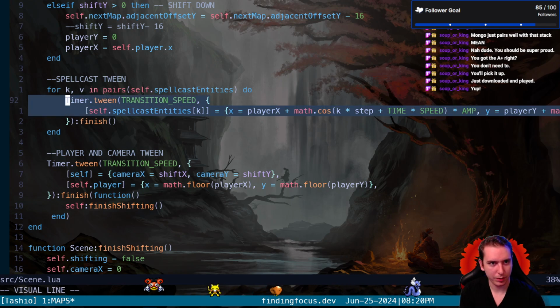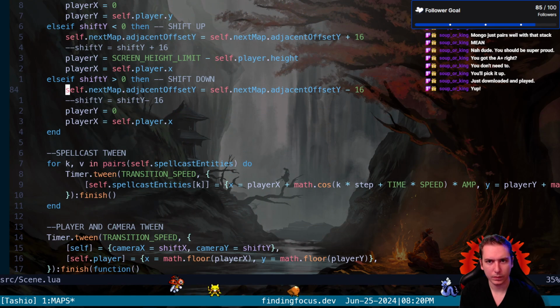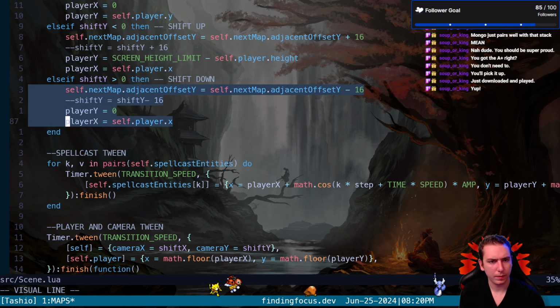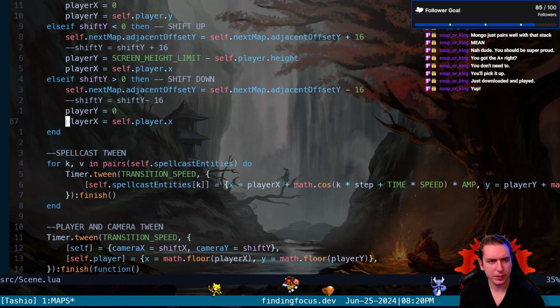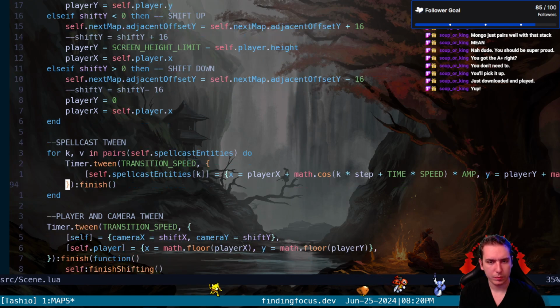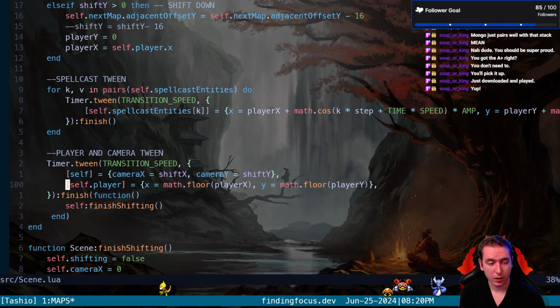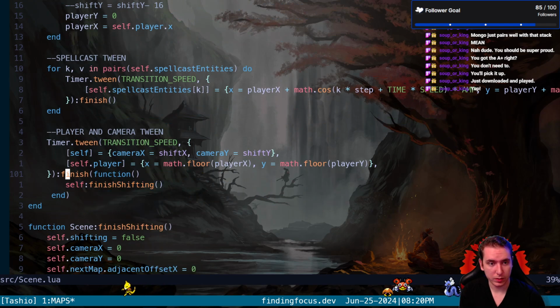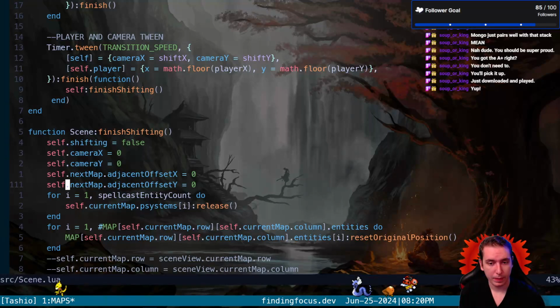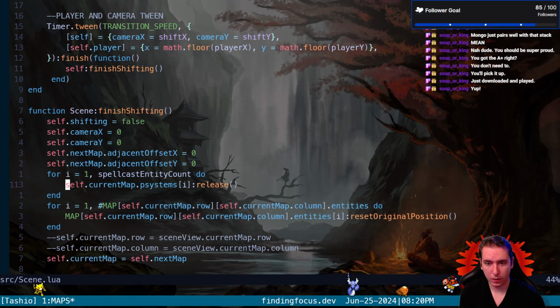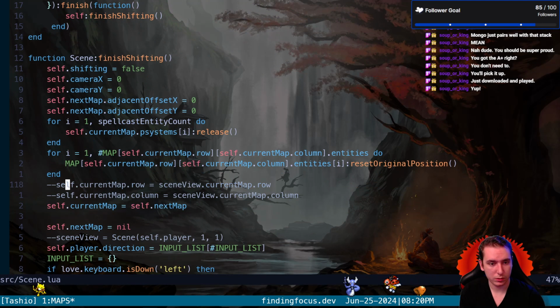How did this work? But we basically need to tween our shift X and our shift Y to the correct values by the time we're finishing transitioning. So by the time we finish shift, we need to shift it to the correct